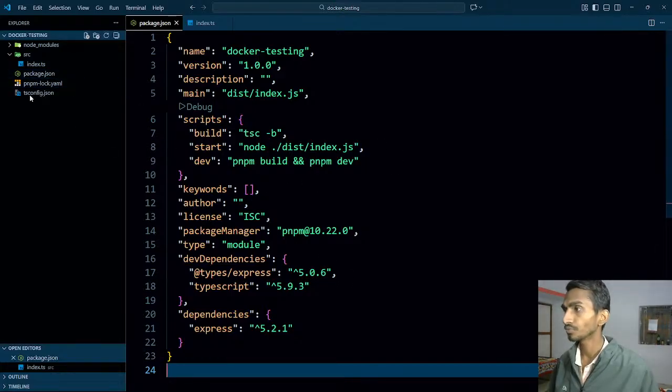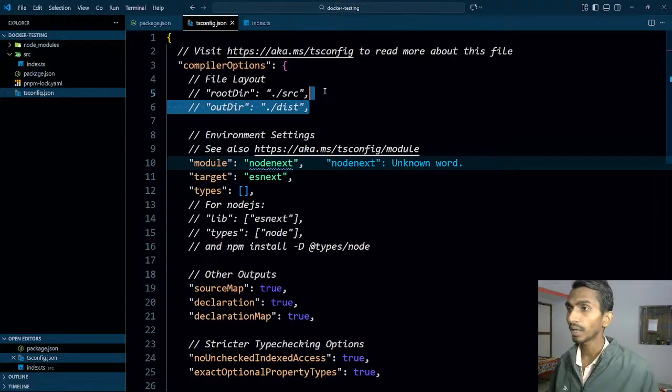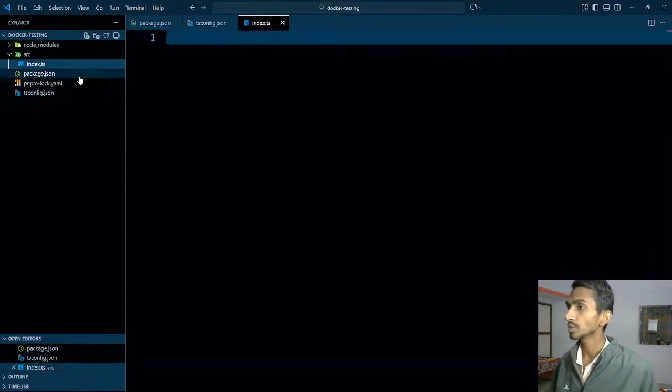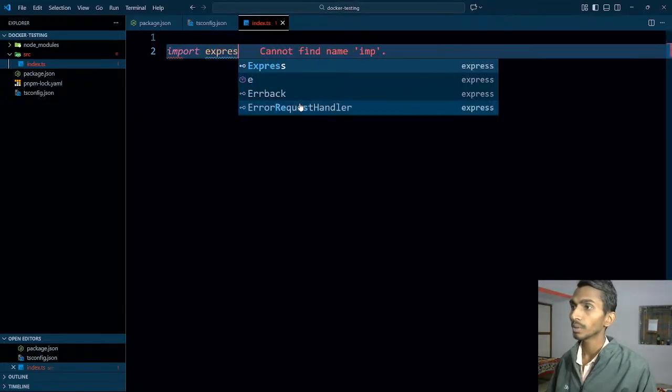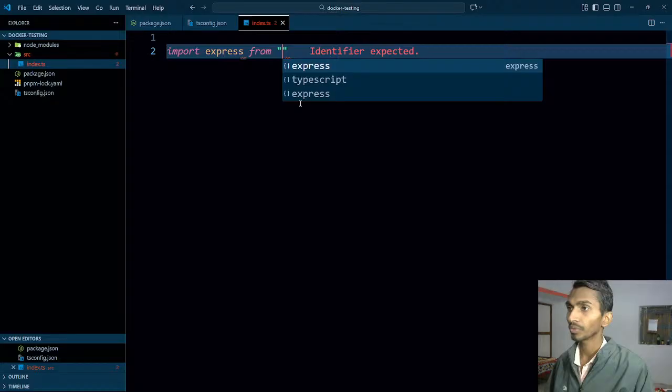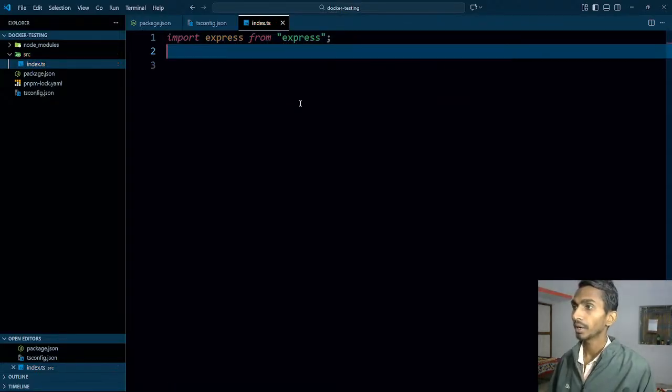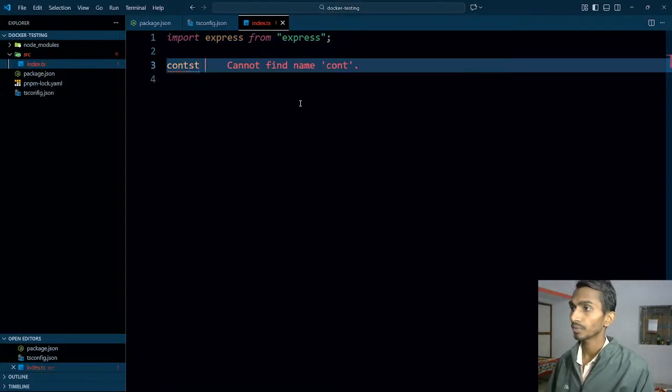After that, we have got a tsconfig file. Let's even uncomment this. Once we have these many things, we even have got Express, so let's import it. It's going to be pretty simple. So let's import express from Express, this is just an example file, and const app is going to be